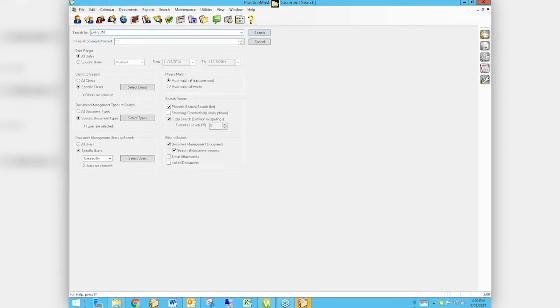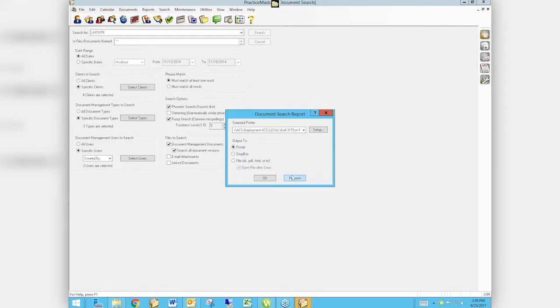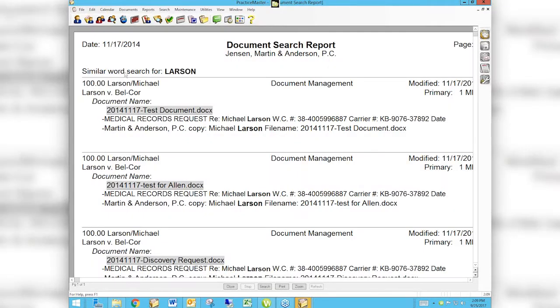And I think he's one that I had actually checked there. So let's go ahead and do a search and preview. Hopefully we get some kind of a document. There we go. We have lots of them. So I had restricted my list to just looking at Larson cases. I think I had chosen a couple matters for Larson. And it is returning now a list of all the documents that met that criteria that had the word Larson